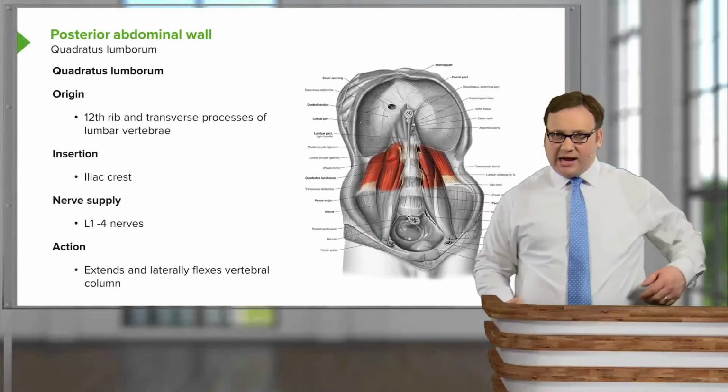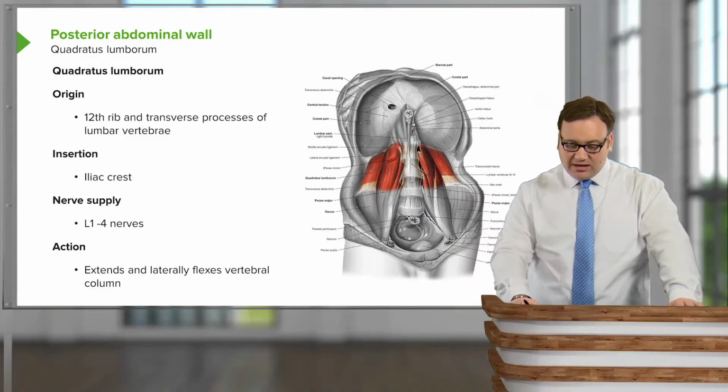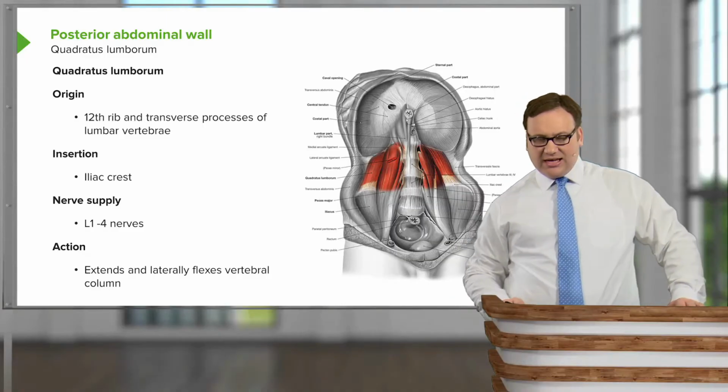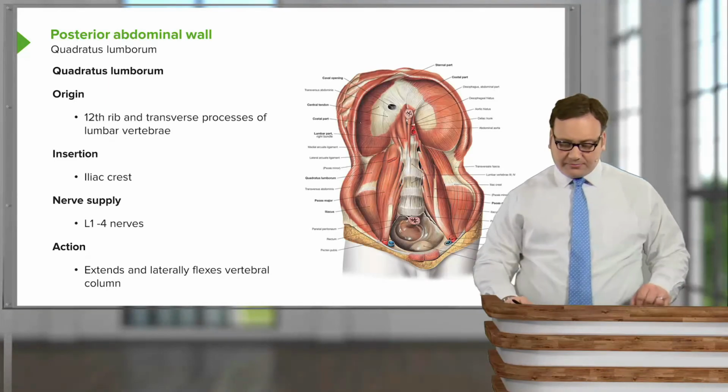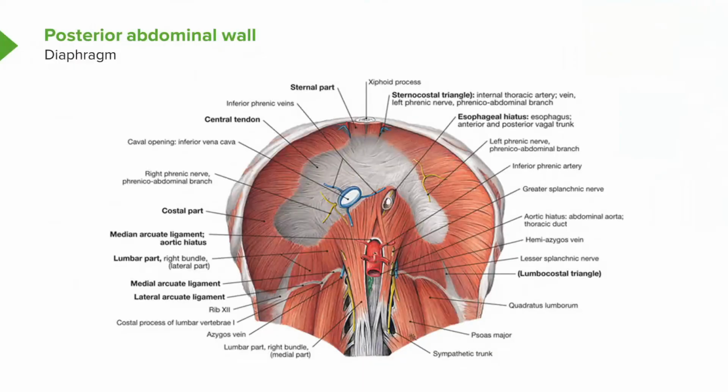It's supplied by L1, 2, 3, 4 nerves, and it's important in extending and laterally flexing the vertebral column. So here we can see quadratus lumborum. Spend some time looking at the diaphragm, and in the diaphragm we can see we've got this central tendon. This really is like a trampoline that enables the heart to move up